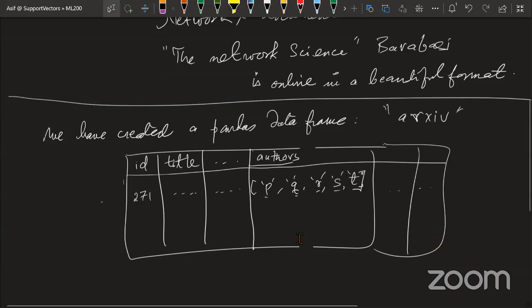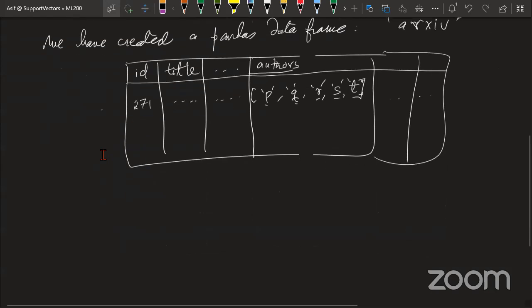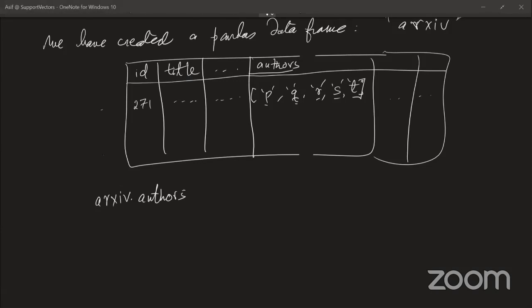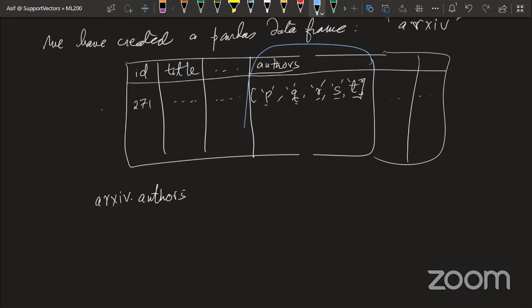You want to do this for the entire data frame. So how would you take the entire data frame? archive.authors. If you do this, what do you get? You get this column. So far so good, guys? What is it?